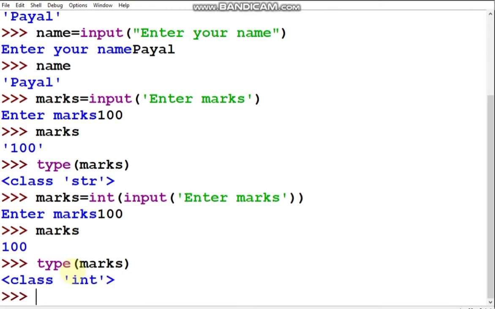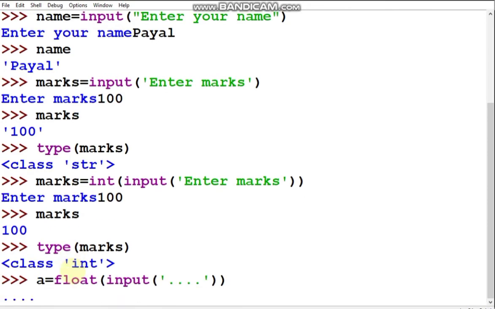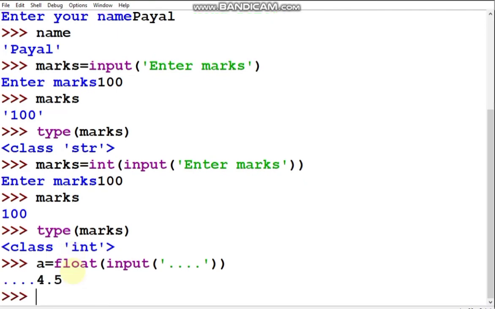So in this way you can take any value. Suppose let us take a value, floating point value. So what we will have to write is input. You may write anything, or you may prompt the user that what you want to take. You may not. So let's take a floating point number.